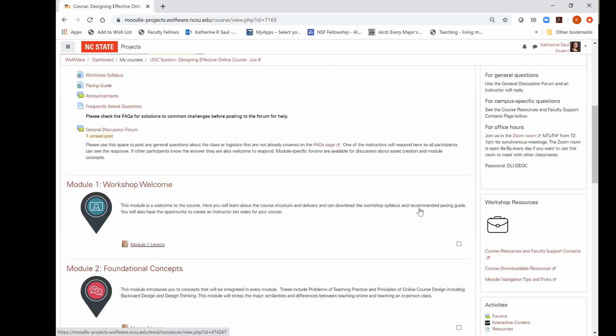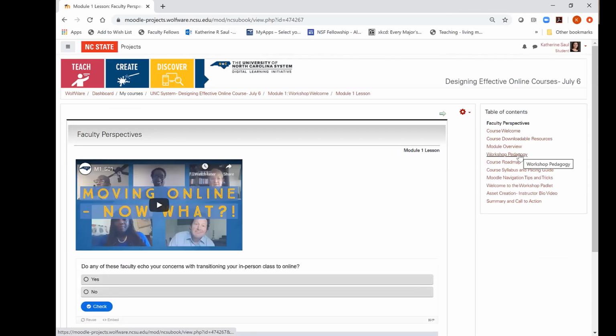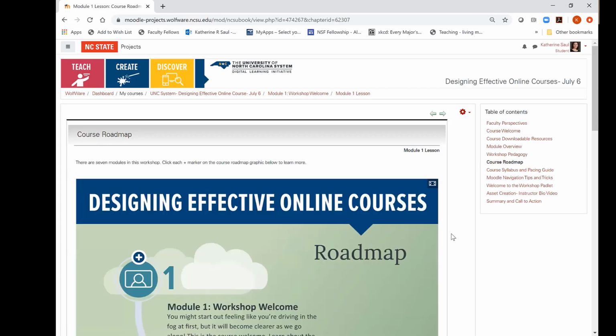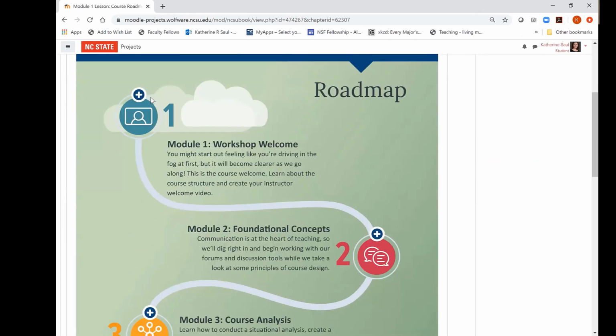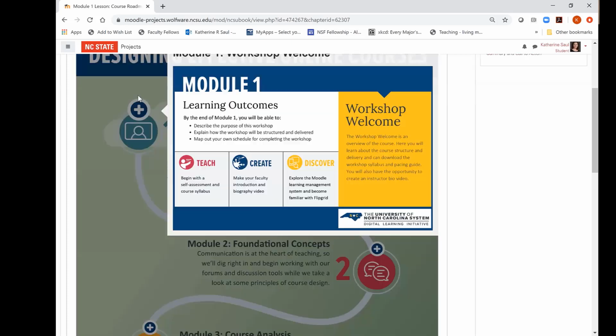In setting up the class, we also then focused on what process would need from a pedagogical standpoint to move from in-person to online. And I'll take you through the course roadmap that illustrates how we are moving through the modules. First, we start with a welcome, and each of the modules allows us to outline what the learning outcomes are for that module, what you will learn from us as teachers, and for every single module, essentially, you will create assets for your class. So by the end of the course, you will have much of your material for your course already ready to go to start your semester.